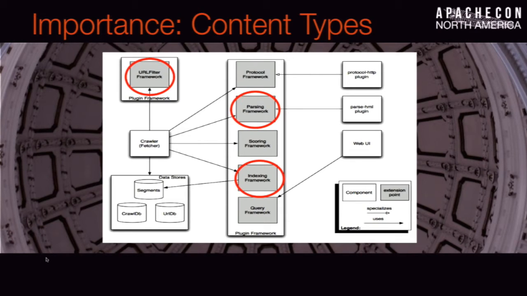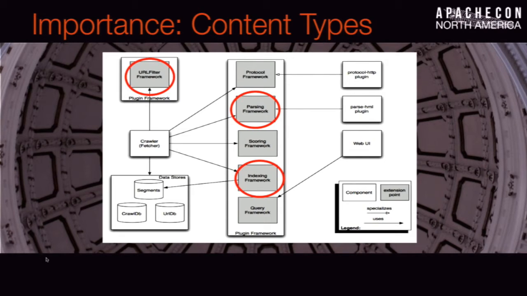Let's take the URL filter as an example. If we're building a vertical search engine, and I heard some of you here are building startups, you're basically building what we would call a vertical search engine, one that doesn't care about the whole internet, broad and horizontal, but is in a specific domain. In my class at USC, I say like, I'm building Yelp, or I'm building Netflix search, or domain search. Well, you might only want to go after a particular type of content, right?